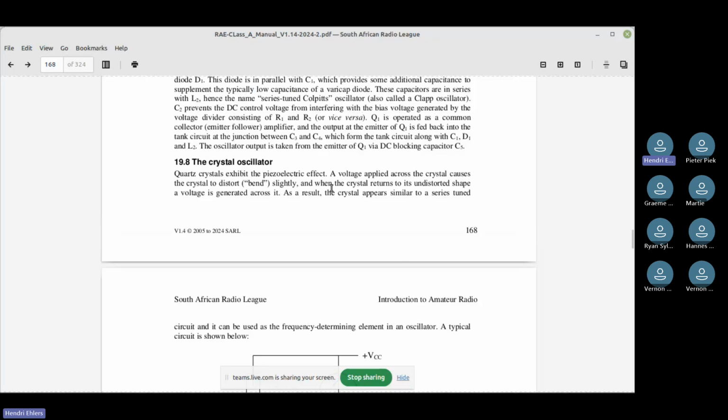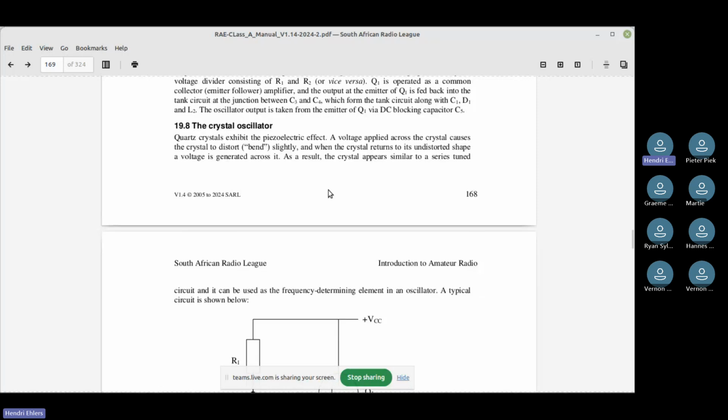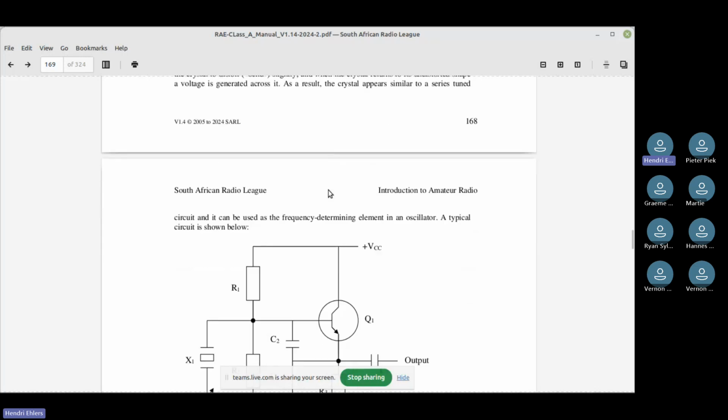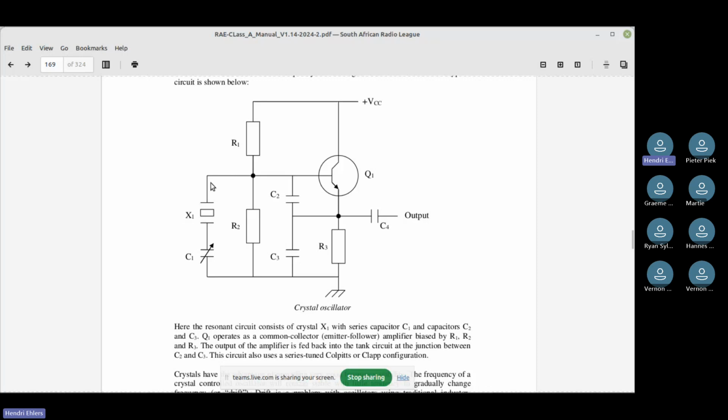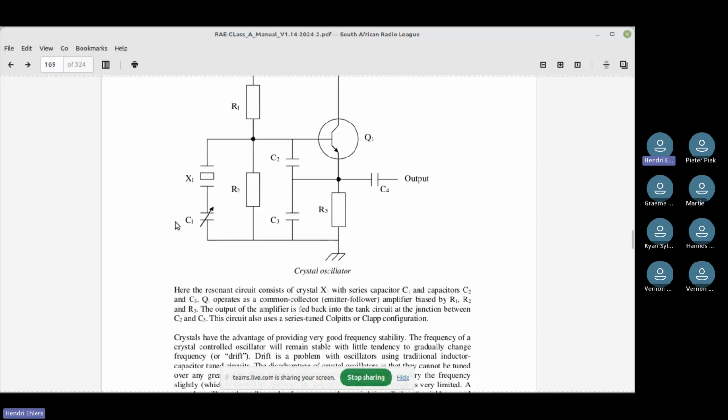And you get, they call it series cut and parallel cut crystals. We don't need to know the difference. We don't actually build the circuits. Here you can see they've got the crystal over there. That's the crystal. I can't get to the word that I need now to describe what that is. But this is the crystal. And then what I have here is a variable capacitor.